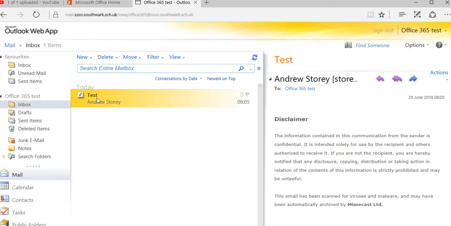Okay, and I've sent myself an email, and you can see here that I've got an inbox. These are my drafts, and these are for sent items. I haven't sent anything from this. Down here I've got a calendar, contacts, and a little functionality for tasks. With the inbox, you can see that I've got a test email that I sent myself, and over here